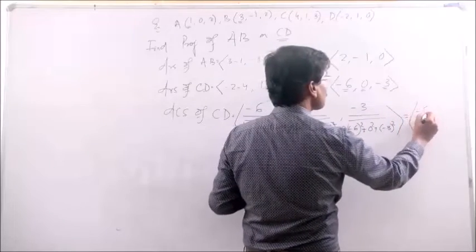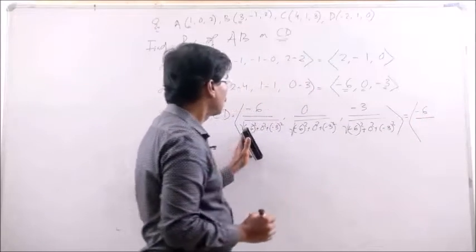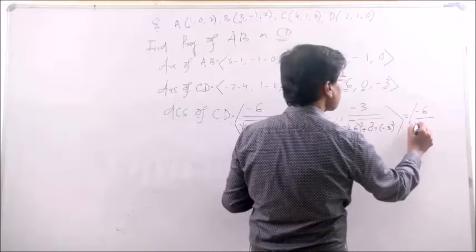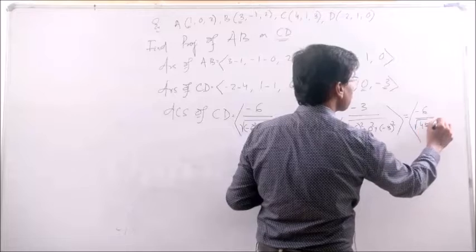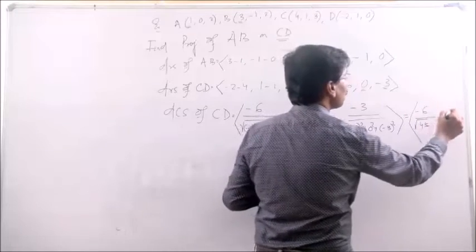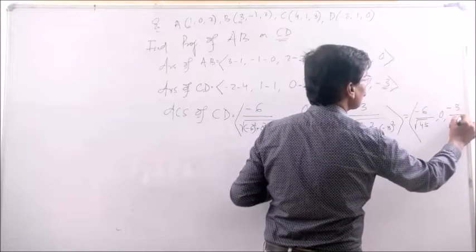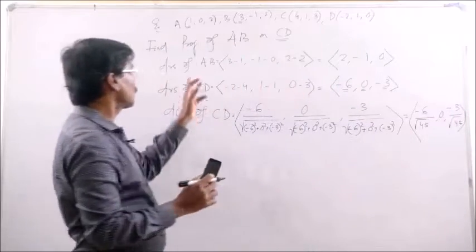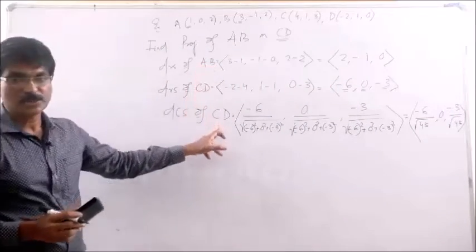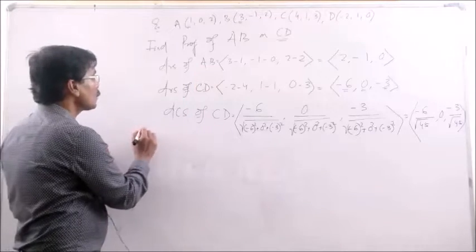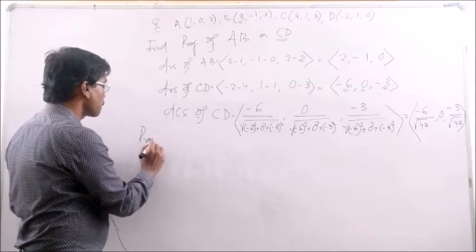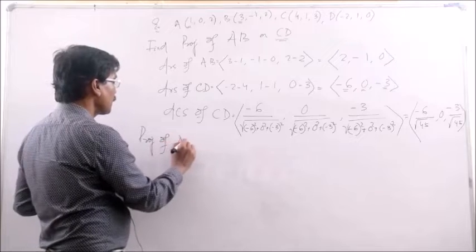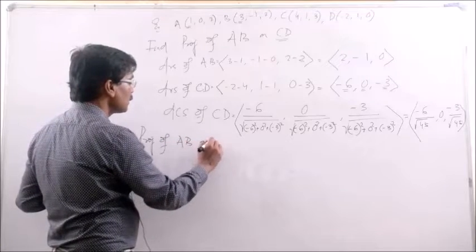minus 6 by root 45, 0, minus 3 by root 45. So, that is direction ratios of AB and direction cosines of CD. So, projection of AB on CD